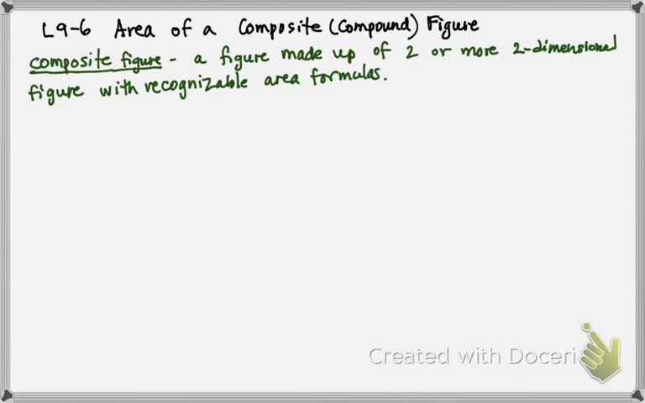So what that means is that we could have a combination of a rectangle and a triangle, or a trapezoid and a triangle, or any kind of combination of shapes that we actually do know how to figure out their areas of. So to calculate